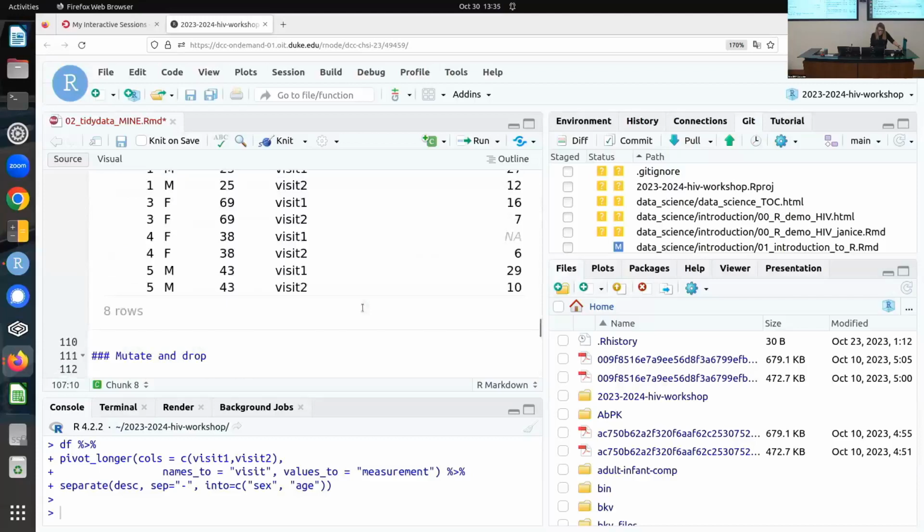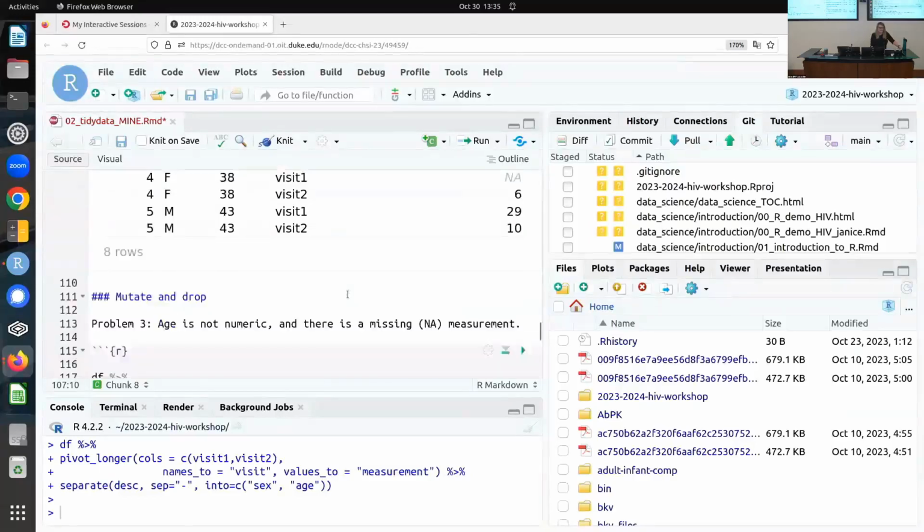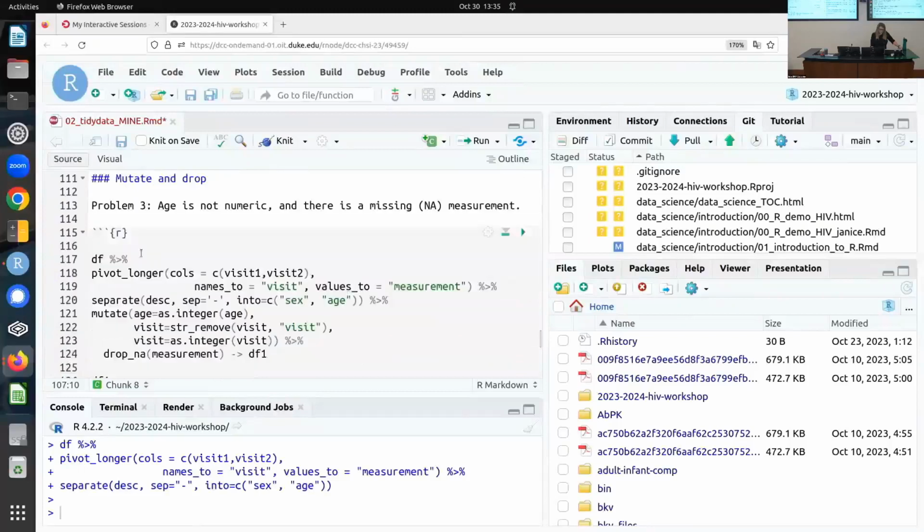Because there really isn't any reason to keep this, because it doesn't give us any new information. All we know is that they missed visit 1. So, starting with the original data frame, pivot longer, separate that column into sex and